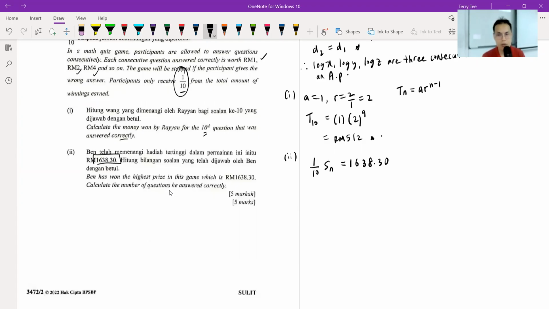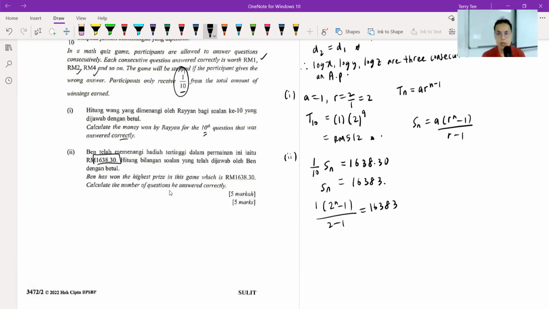So can I say 1/10 of your Sn equals 1638.30. So let's multiply over. Your Sn is 16383. No more point. The point is here. You can drop the 0 at the back. Now, remember for geometric progression, your Sn is given by a(r^n minus 1) over r minus 1. And my a is still 1. My r is 2, so 2^n minus 1 over 2 minus 1